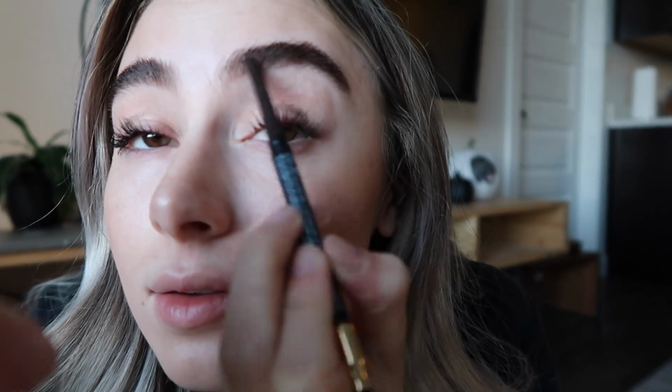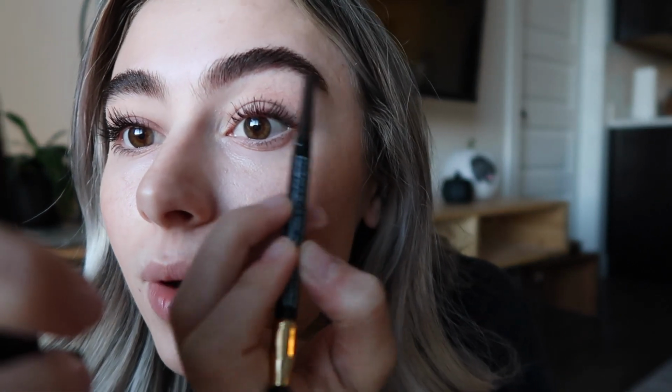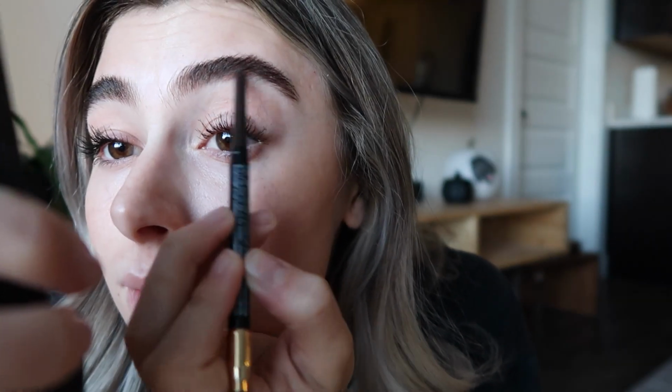Next, I'm going on to brows. I have 2 brow products that I've been loving. This is the Revlon Color Stay Brow Pencil. I use this ever so lightly. First, I brush my eyebrows up into place. I personally don't love the look of overfilled eyebrows on me, so I very lightly fill in the bottom line, and that's it. I don't like to square them out or even fill in the top at all,